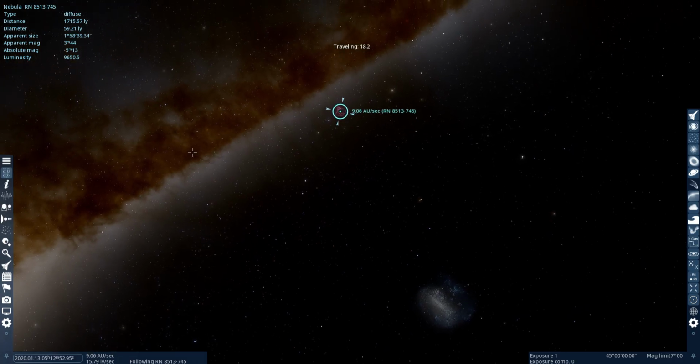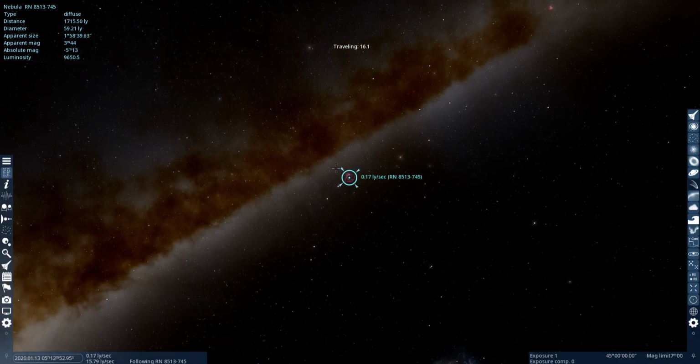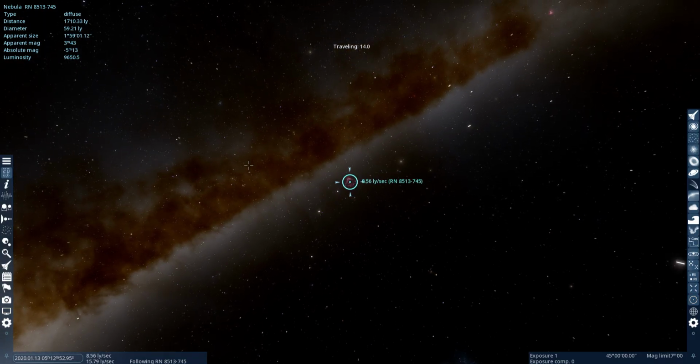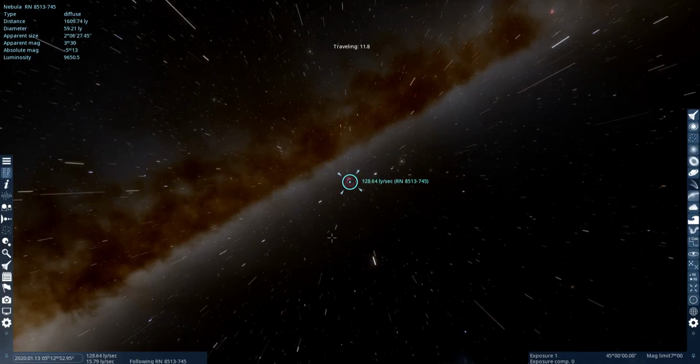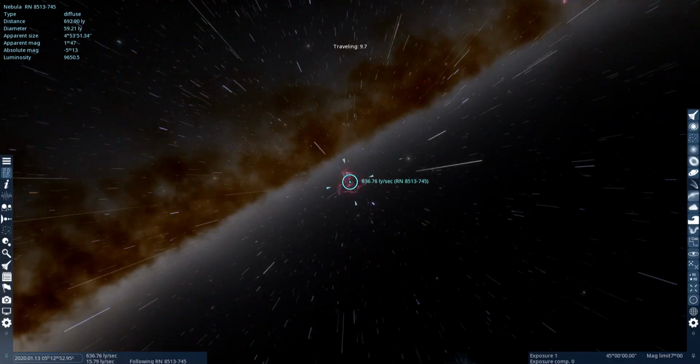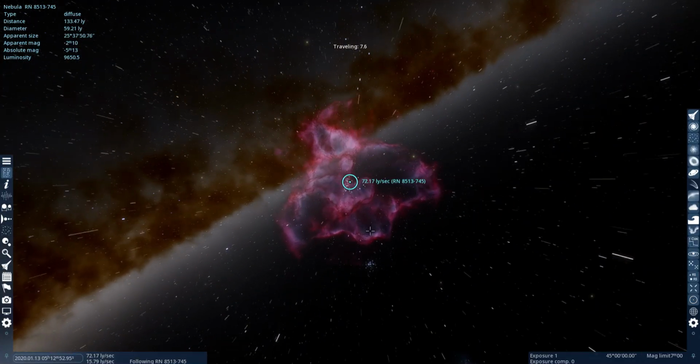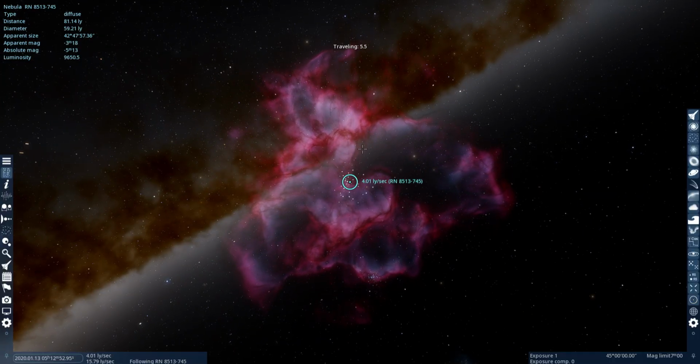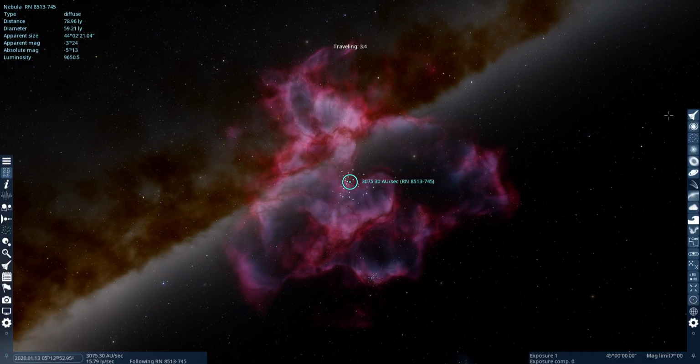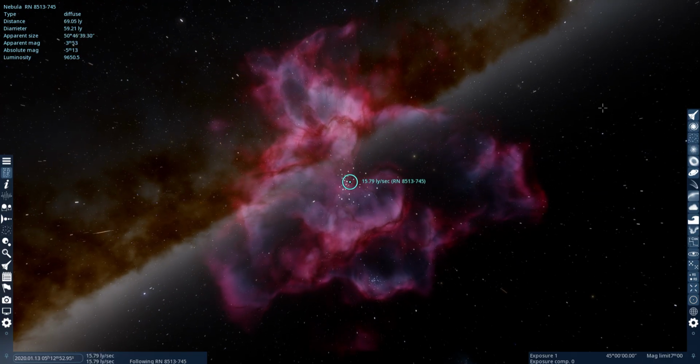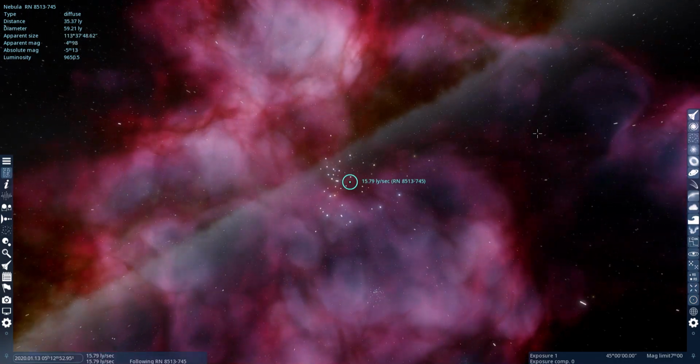And you have to press G on your keyboard for it to go over here. Oh, this looks cool. Nice. Inside of the nebula, we can.